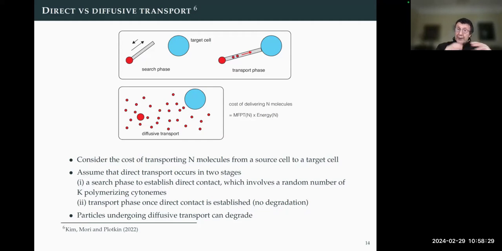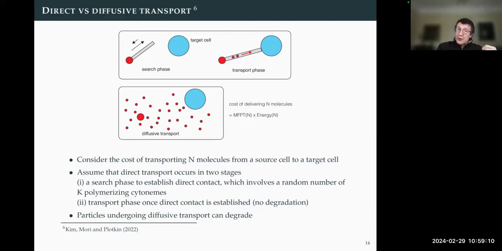Now, they looked at a simplified process, but they basically asked the following. They wrote down a total cost function. I won't give the details, but just say it in words that involved the time it took to achieve the concentration gradient, that cost a certain penalty, and the amount of energy needed to achieve the concentration gradient. So in the case of a cytoneme, they broke it up into two phases: a search phase, where a cytoneme is growing and shrinking, and that costs energy through polymerization, and then a transport phase, which again costs energy in producing and transporting the morphogen to a target cell.